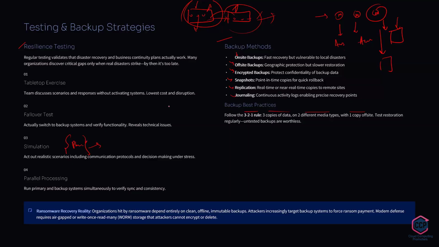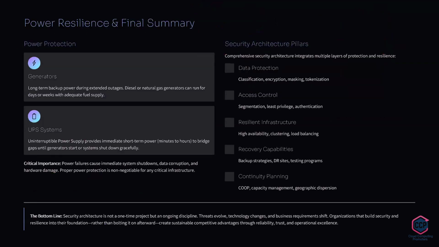Parallel process means run the primary and backup and simulate. Every organization has automated backup software within endpoints and servers, which automatically backs up each and every piece of data required. We have options over there, so we can check it if we want, or leave it if we don't. Power resilience is the same: there should be generators and UPS. UPS are for our laptops, and generators are for the overall building or for servers.